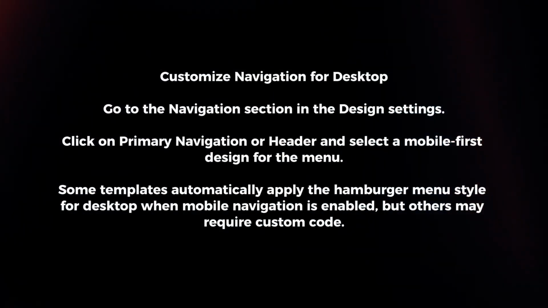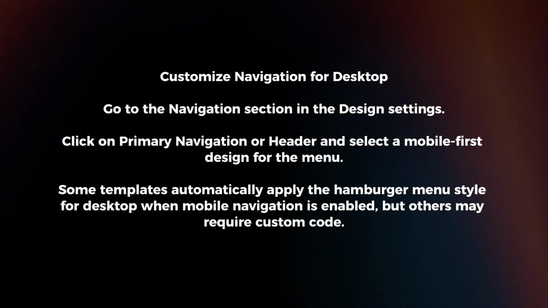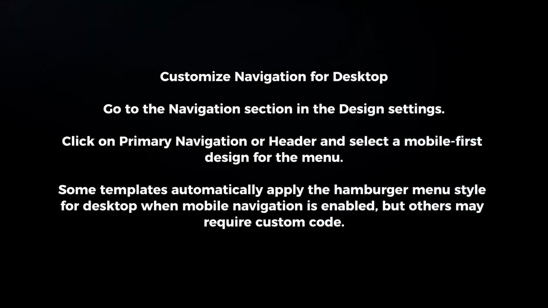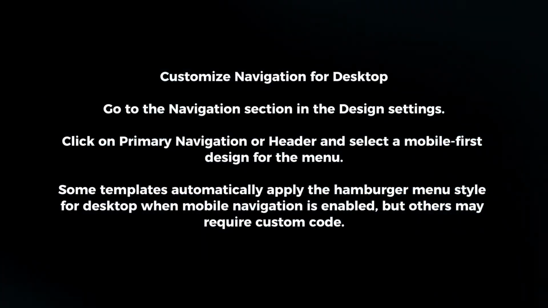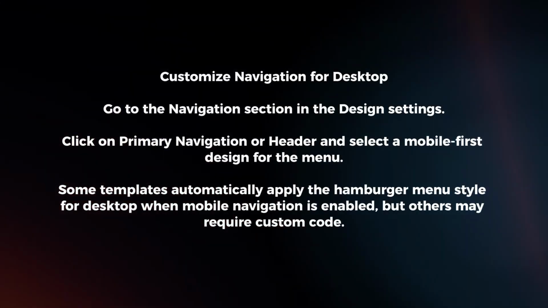Customize navigation for desktop. Go to the navigation section in the design settings. Click on primary navigation or header and select the mobile first design for the menu. Some templates automatically apply the hamburger menu style for desktop when mobile navigation is enabled, but others may require custom